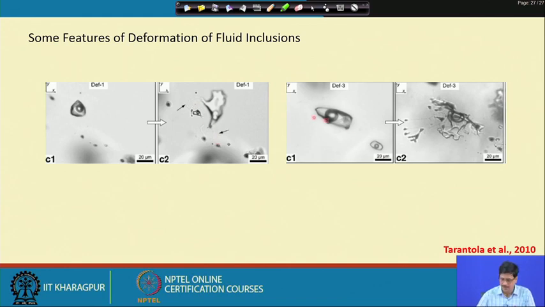The photographs have been taken from the same source as shown here, because it is not possible to make a very detailed description in this particular case, and the whole objective is just to discuss some of the important aspects which should always be kept in mind while looking at inclusions in natural samples, when we do this as routine work on fluid inclusions in different types of terrains, different types of samples, and with the fact that these kinds of textural changes in the inclusions also have a strong dependence on the size of the inclusion.